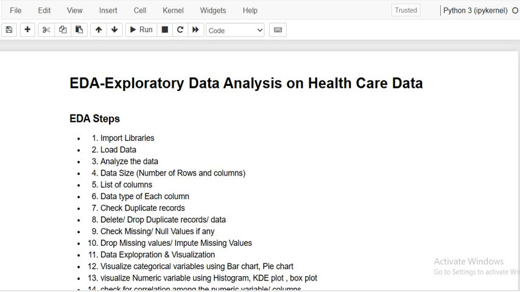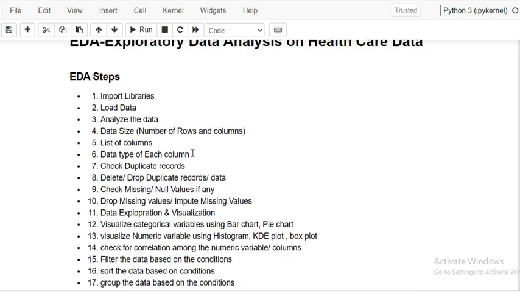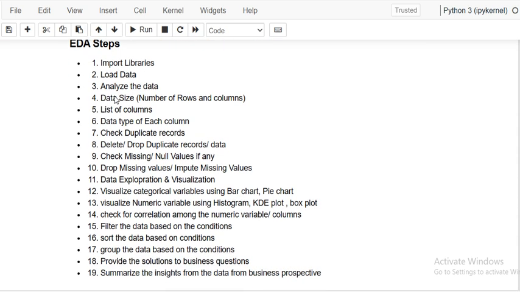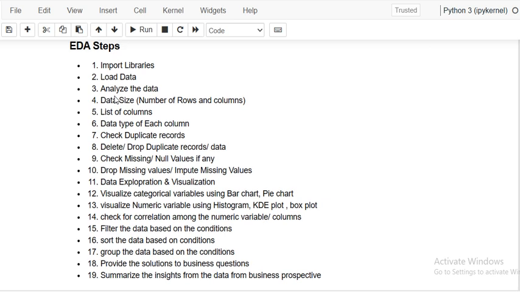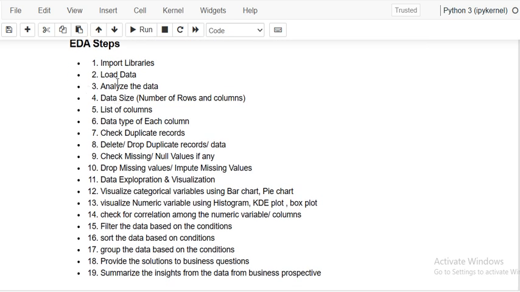In this particular tutorial, we are going to perform exploratory data analysis on healthcare data. So let's get started. Let's walk through the different steps we can perform on the data in this process of exploratory data analysis. The first thing is we have to import the required packages for data manipulation, data sorting, and data filtering. Then we have to read the data, which may be in the form of a CSV file,